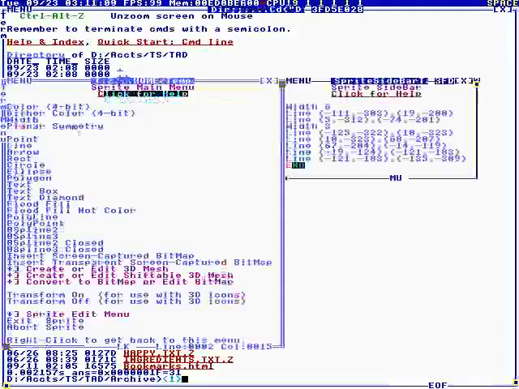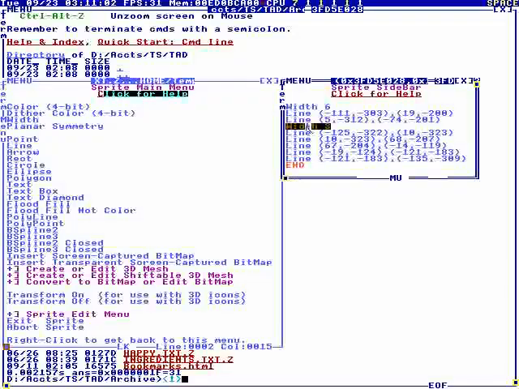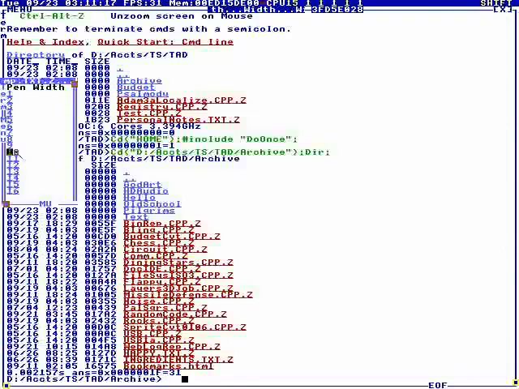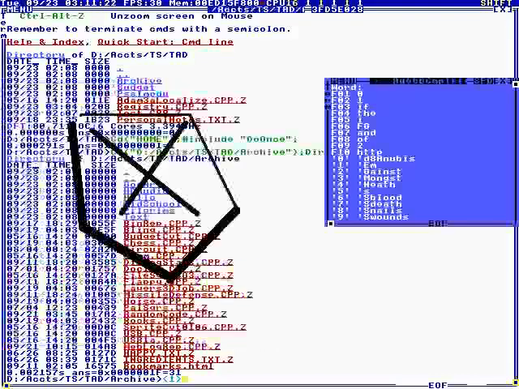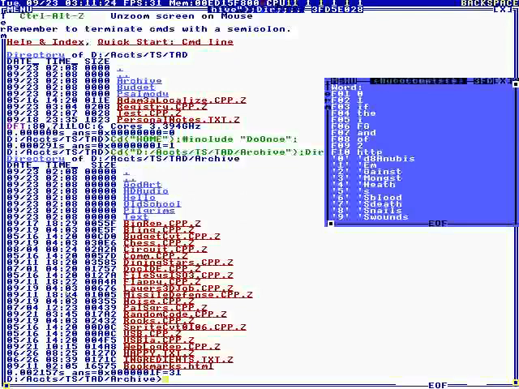Okay, anyway, so that's that. So we can do a width in the middle, and then it'll set, remember, it set that current element. Okay, so